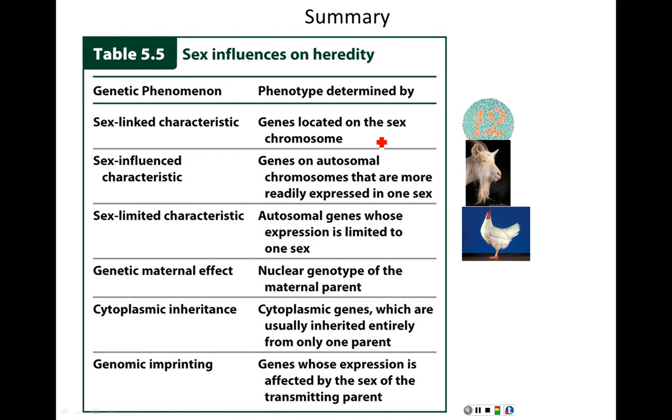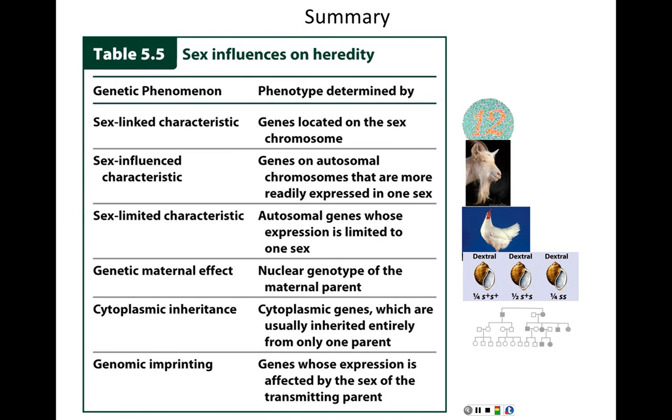We went on to talk about genetic maternal effect and cytoplasmic inheritance. Genetic maternal effect, we used snail shell coiling as an example, where there's this generation lag between genotype and phenotype. The phenotype expressed by the offspring reflects the genotype of the mother. Cytoplasmic inheritance was our LHON, Leber hereditary optic neuropathy. That's where we had a mitochondrial-based trait, so a trait that's encoded on mitochondrial genes. Since you get your mitochondria from your mother, this trait is passed on from mother to child exclusively.